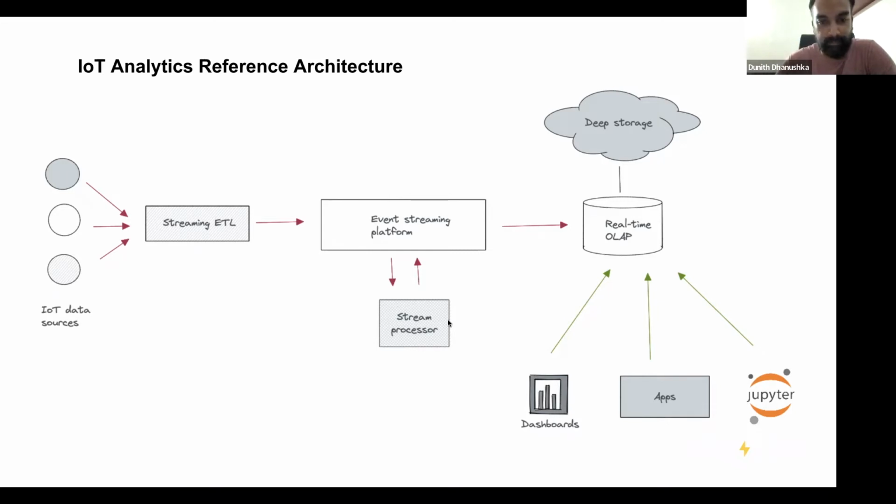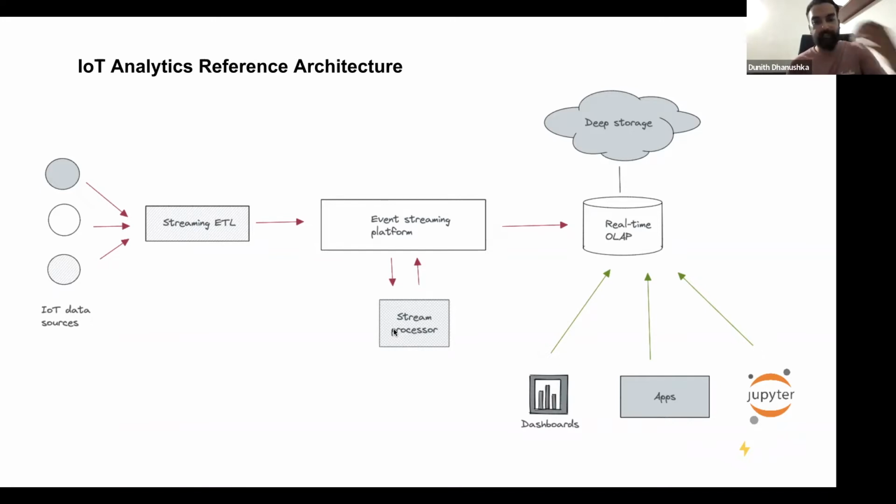And then we have an optional component, the stream processor, because sometimes you need to do some real-time analytics or processing on the incoming data. You don't have to wait; you need to respond to incoming events in real time.